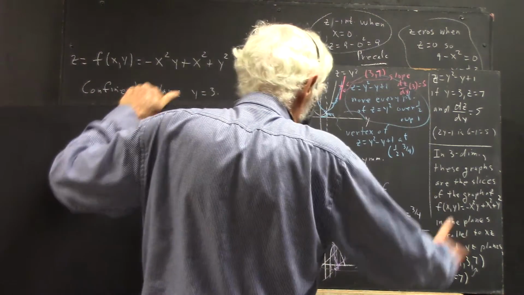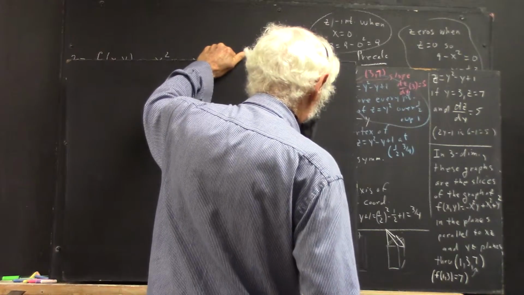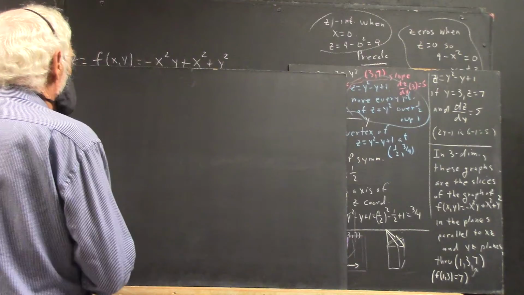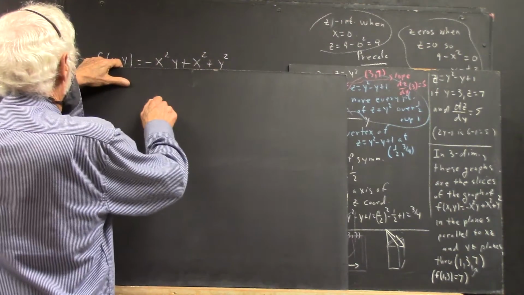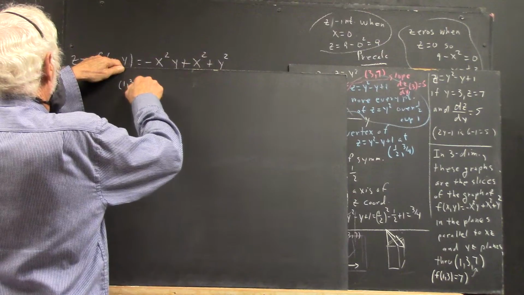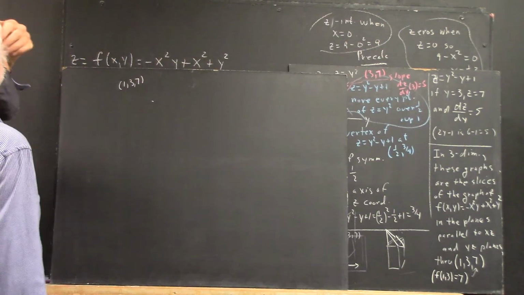It would have been easier to draw if I'd given myself more room, so it's a mistake to try to do it that small. But now the point is here, at the point (1, 3, 7),